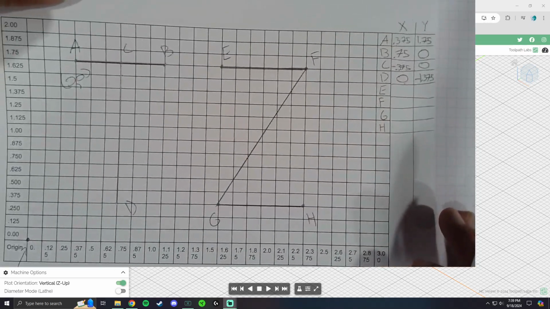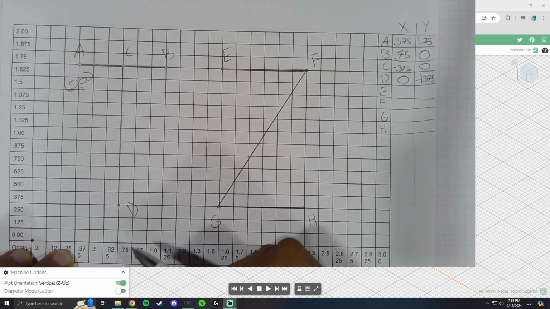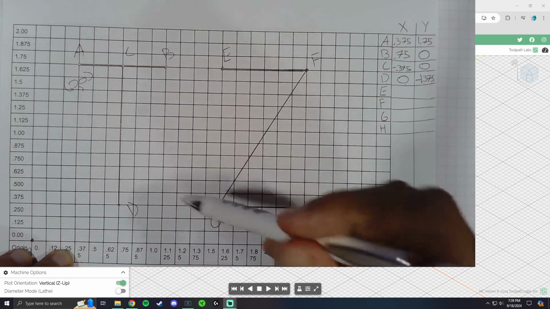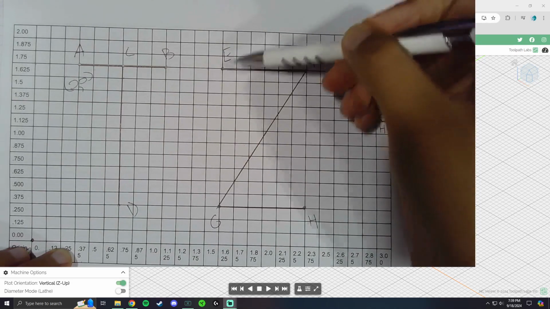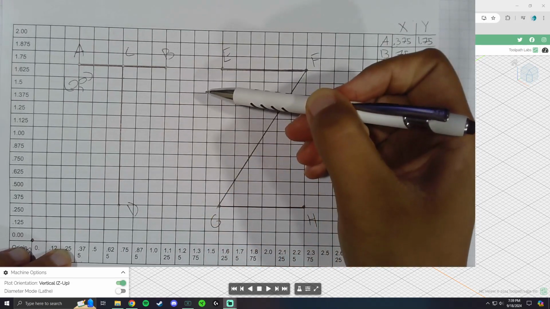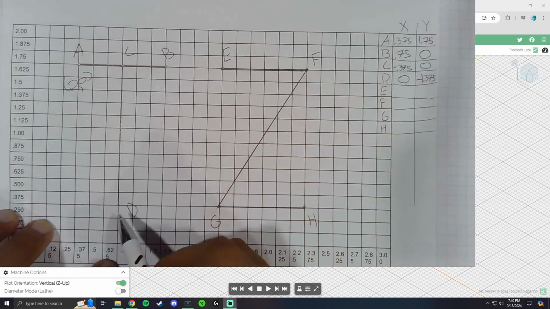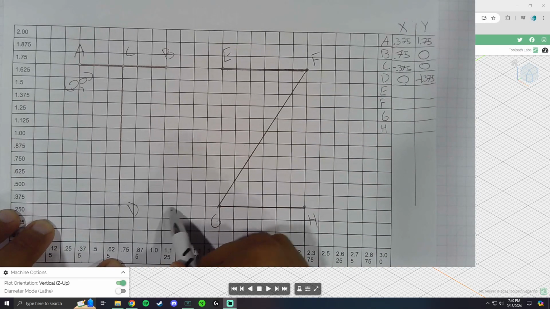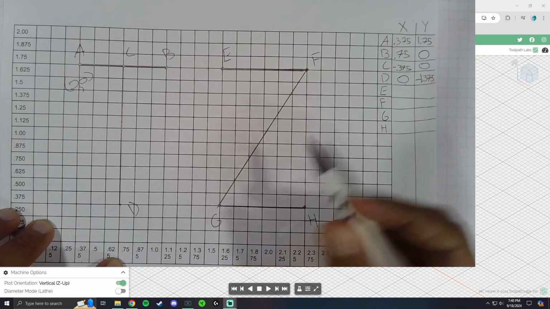You can see that going from D to E, we also have to find that coordinate because if our tool's down in our piece, we need to go up, over, and then back down to E so we don't engrave this diagonal line actually in our block. That would look bad. So D to E. So let me count this. So I have 1, 2, 3, 4, 5, 6, 7 grid spaces. So that's going to be